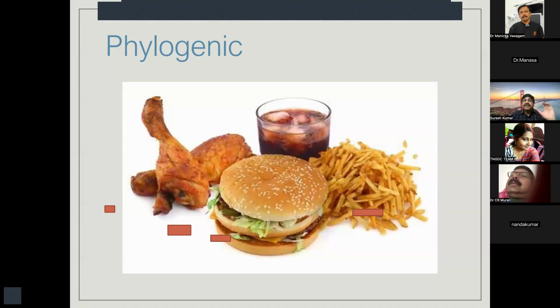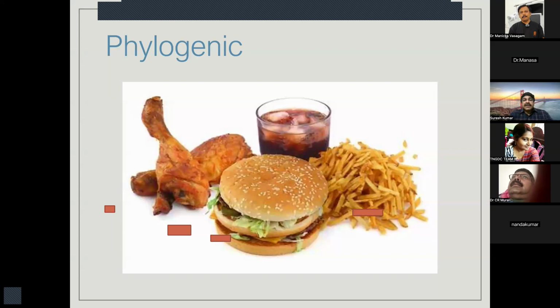We used to have very fibrous food those days, especially our fathers, grandfathers. They used to take very fibrous, chewy food, thereby giving more work to the masticatory muscles. You know, the masticatory muscles are attached to the mandible and the maxilla. So when you eat with more masticatory forces, there is a functional stimulation to the underlying bone, leading to more growth, so the bones are sized enough to accommodate all the teeth.